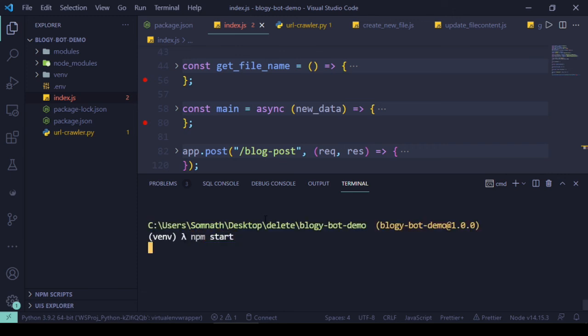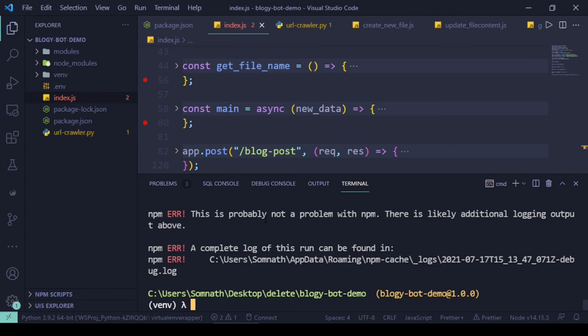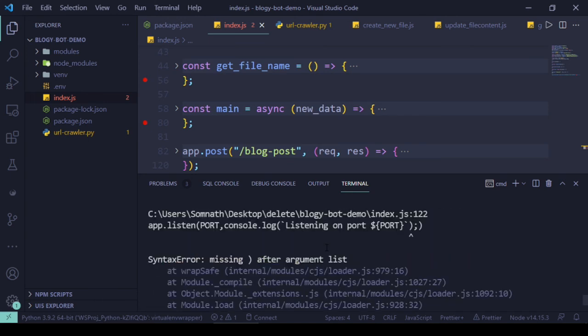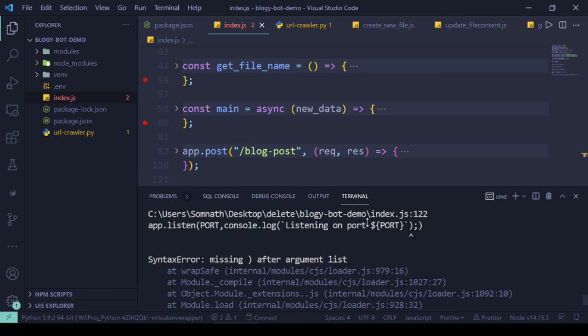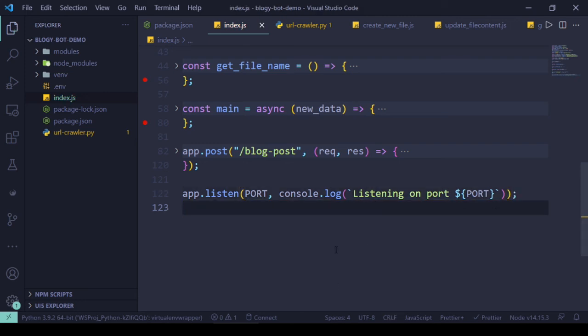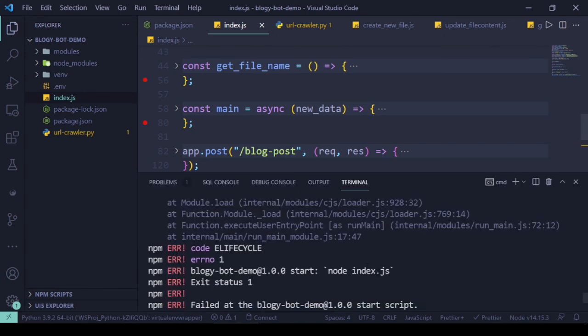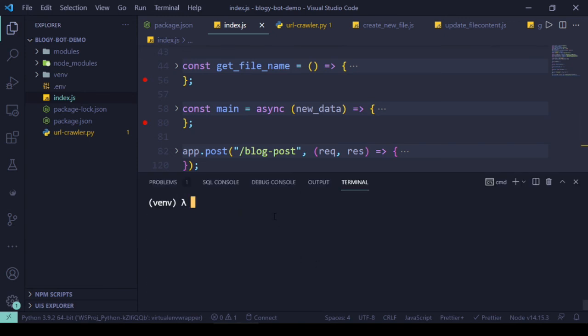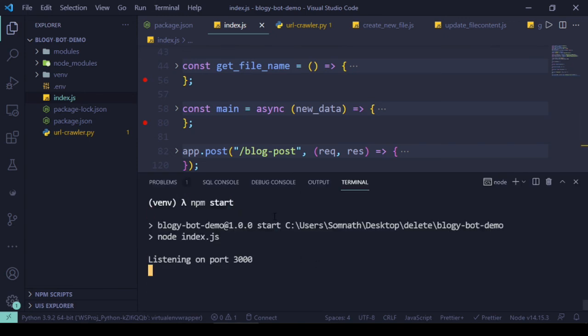Let's see what happens. Wow, first problem. Let's see what's the problem. Missing argument after list. Oh, sorry, the last one is the problem. Let's close it and save, and let's run one more time. npm start.